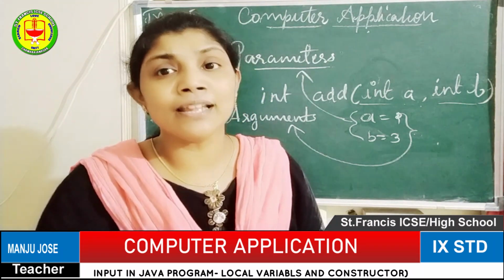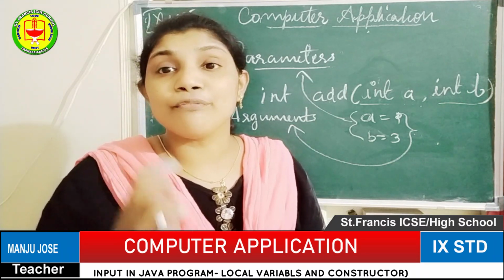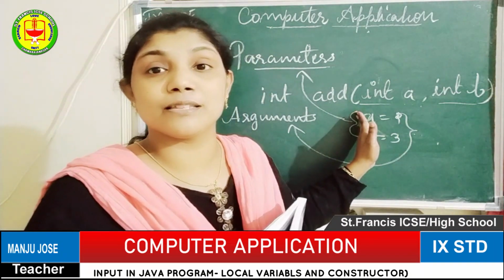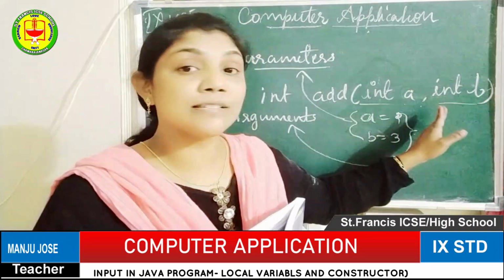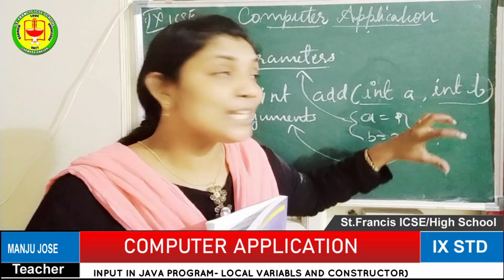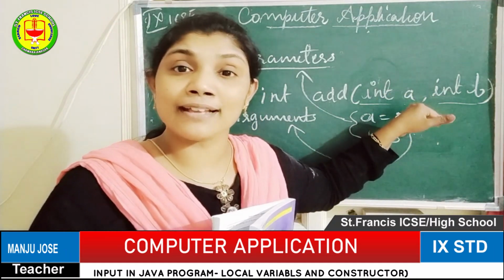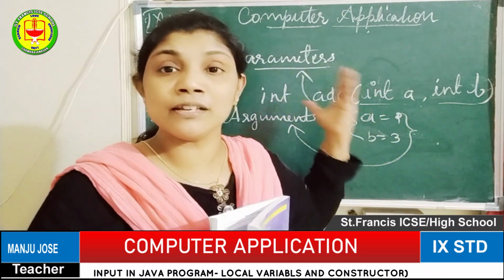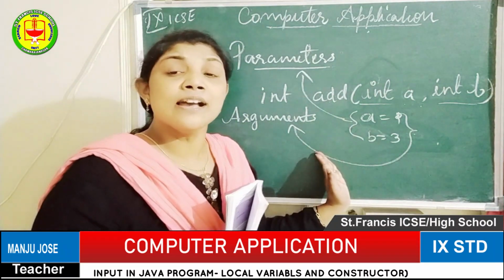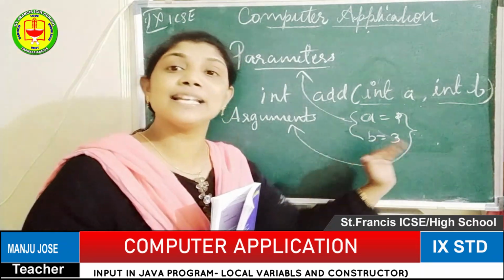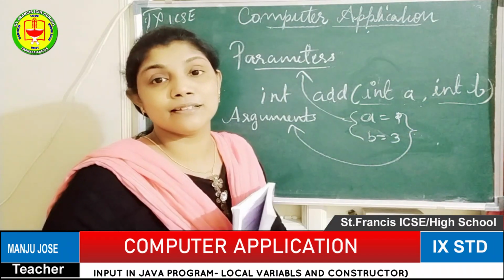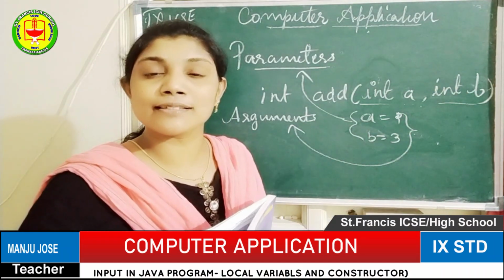Once again, the difference between parameters and arguments: the variables we declare inside the function parenthesis, meaning brackets, are called parameters. The values we assign to the given variables, or transfer from some other place, are called arguments. The value of a parameter is called an argument. They are closely related. If you want to use arguments, we need parameters. If parameters are there, we are able to access the arguments.